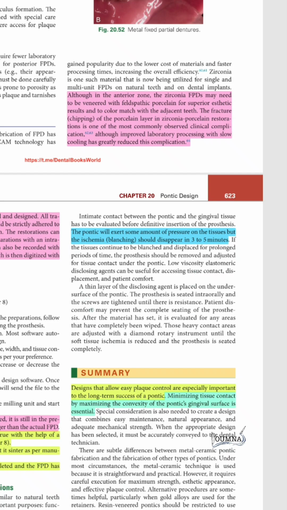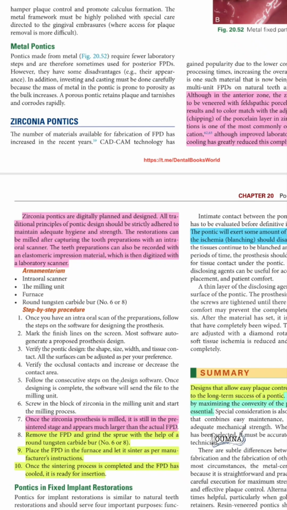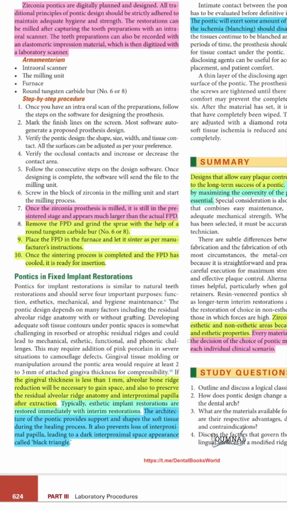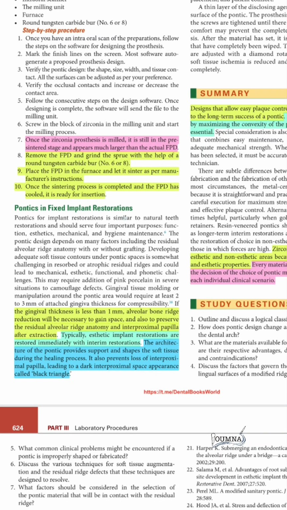To understand this, let's see how the zirconia is usually made. It is digitally planned and designed, then it is milled, and before the sintering, it is much larger than the actual bridge. We remove the sprue with the help of a round tungsten burr. Then we place it in the furnace and let it sinter as the instructions are given. After it is completed and cooled, it gets to the appropriate